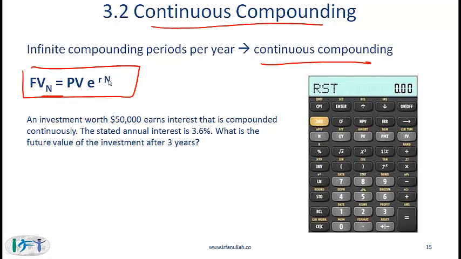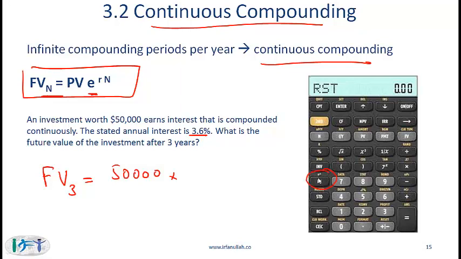An investment worth 50,000 earns interest that is compounded continuously. The stated annual interest rate is 3%. What is the future value of the investment after 3 years? Using the formula, the future value at the end of 3 years is equal to 50,000, which is the present value, multiplied by e, which is